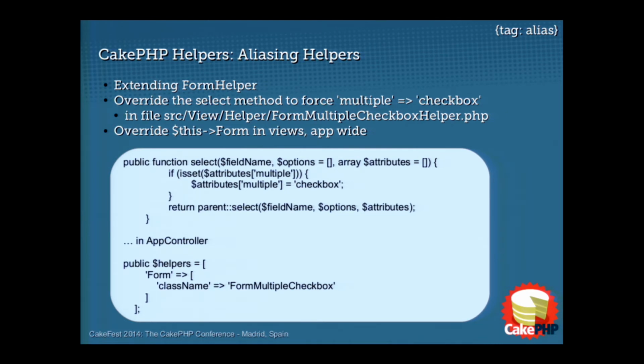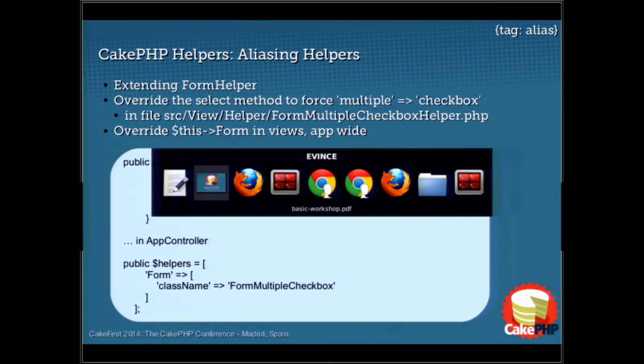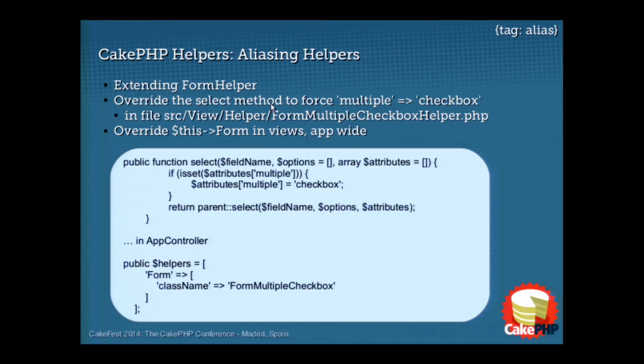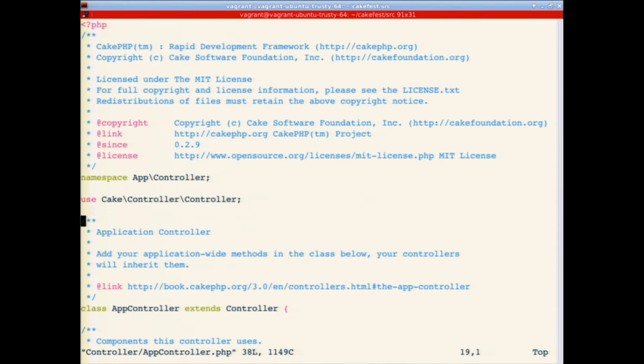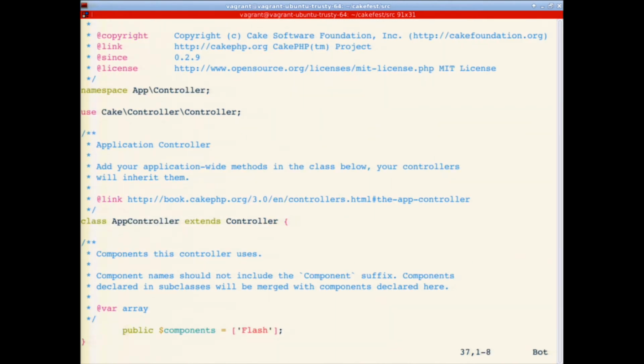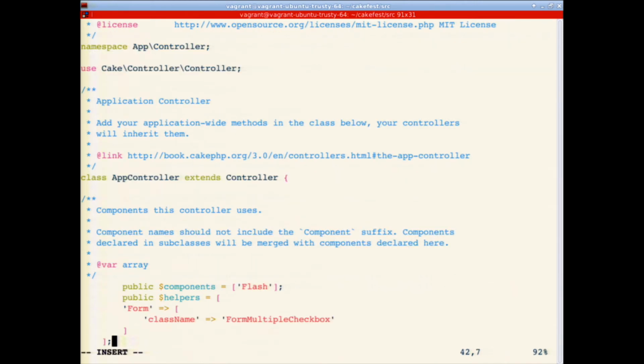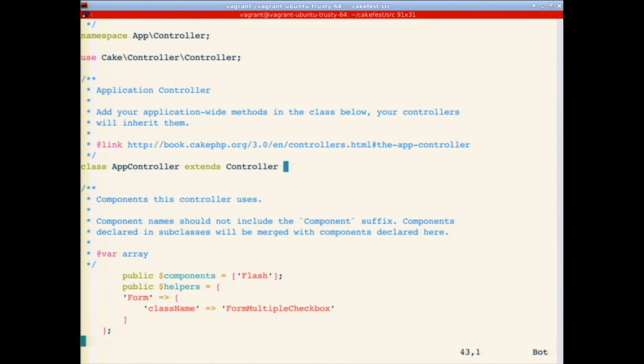We just need to alias our form helper to use a new customized form helper. That's it. The first thing we need to do is define here. We're going to edit the app controller, right here, and we are going to define an alias for that. We are saying, hey, we're using this helper, but instead of using the standard CakePHP class for this helper, use this new class. But I want to keep the same name. So we need to create a new